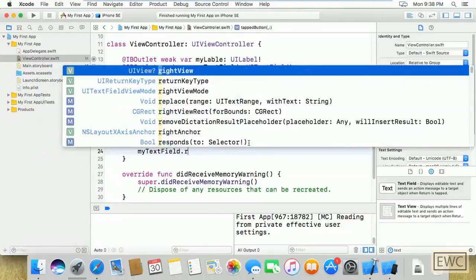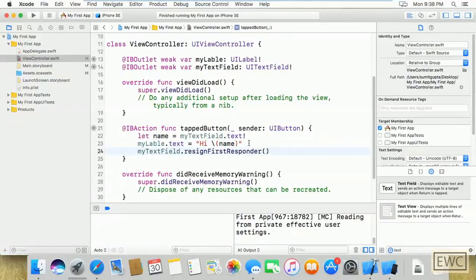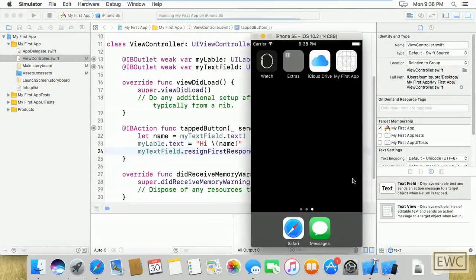So what we have to do is resign first responder. So once we do this and we run the app and we open our simulator,